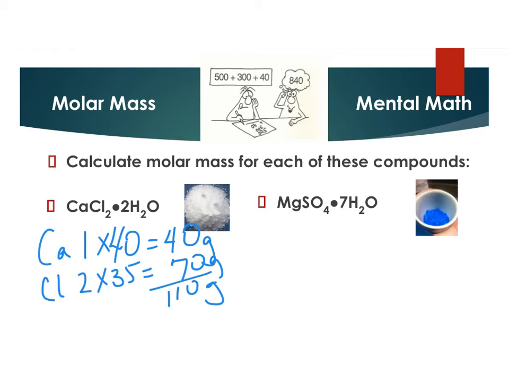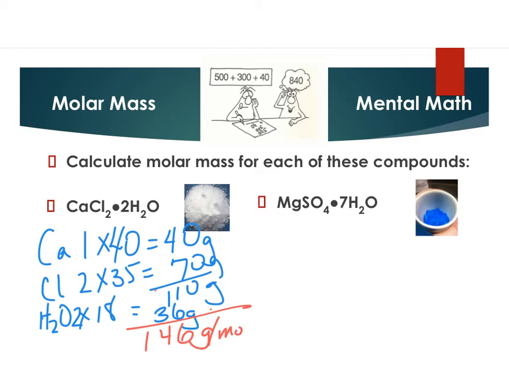But the water we treat separately. Every time we have a compound of water, we just write it, H2O, and we multiply it times, we know it's 18 grams per mole. I didn't write a 2 there. So 2 times 18 is 36 grams. So then we add this 110 plus the 36 for its total mass. So 146 grams per mole. Take a minute, pause the video, work this other one, and we'll see how it came